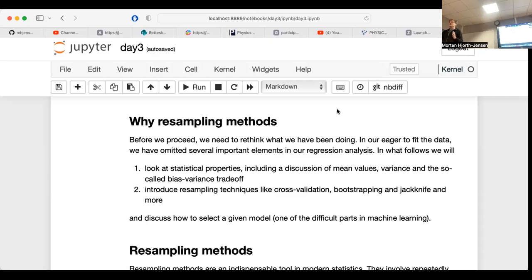Last week I sketched what they actually imply from a computational point of view. Today we are going to look at how we can implement them, and we are going to discuss why we should use them. One of the main motivations is the following. When you have a data set, in many cases, if you take away the simple vanilla cases I've been showing you with simple polynomials, where you can generate more and more data again and again,